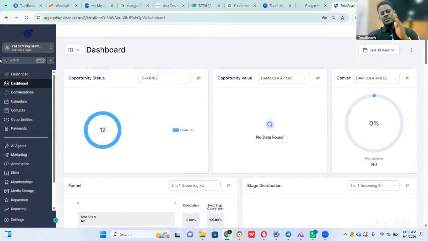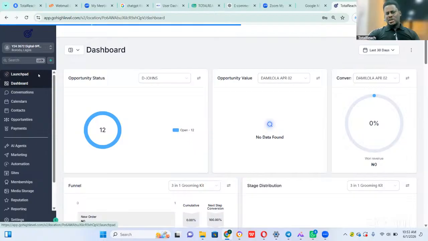So this is how the interface looks, just the way I showed you the TotalReach interface. I will quickly do a navigation on this page. The first one is the Launchpad. The Launchpad has a summary of how you can integrate and plug in your tools. If you have your tool, you can plug in your tools with